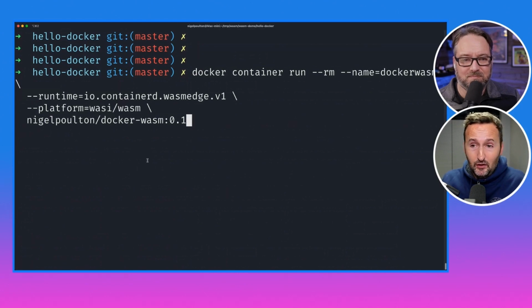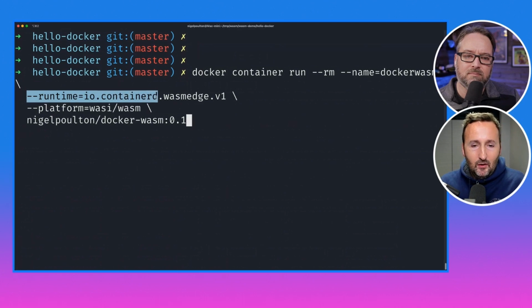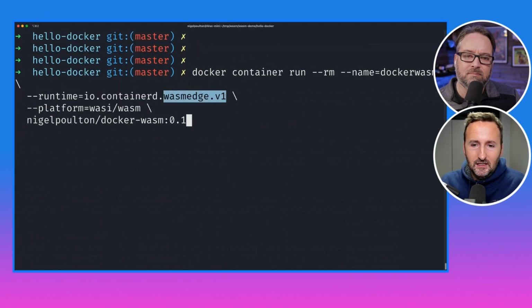But look, it's just a Docker run. We're going to get rid of the container at the end with the --rm. We're giving it a name. Then for the runtime, we're saying here, use Wasm Edge. So it's using containerd. In fact, let me just highlight this here. For the runtime, we're going to go containerd, but behind containerd, we want containerd to use WasmEdge, which is one of many low level